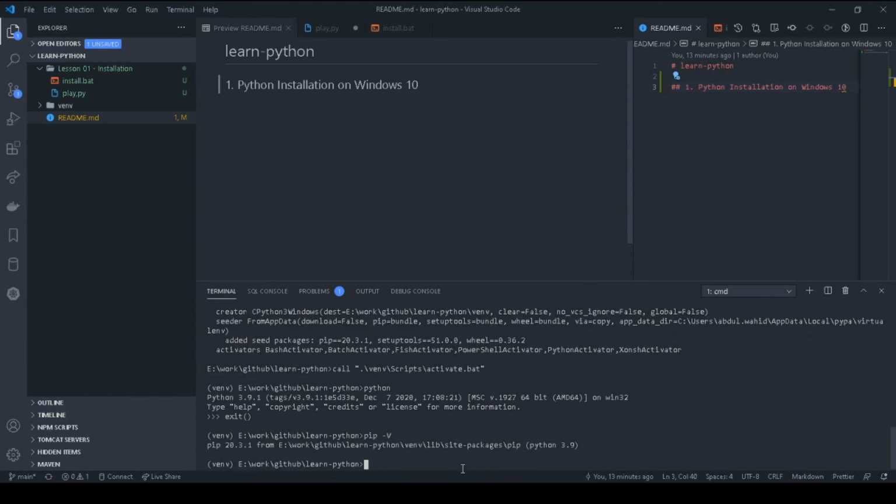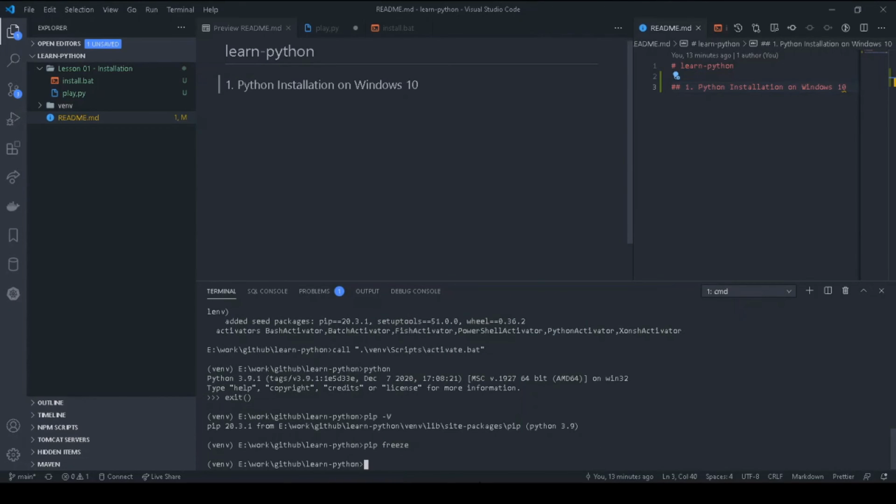See, it is executed inside our environment. If we see what is installed by default in this environment, we run pip freeze. Nothing has been installed, so it means that it is a separate environment. Whatever we install in this environment will be only for this project.